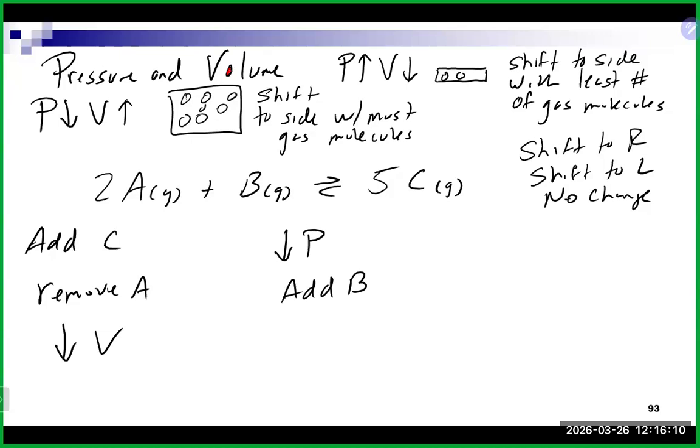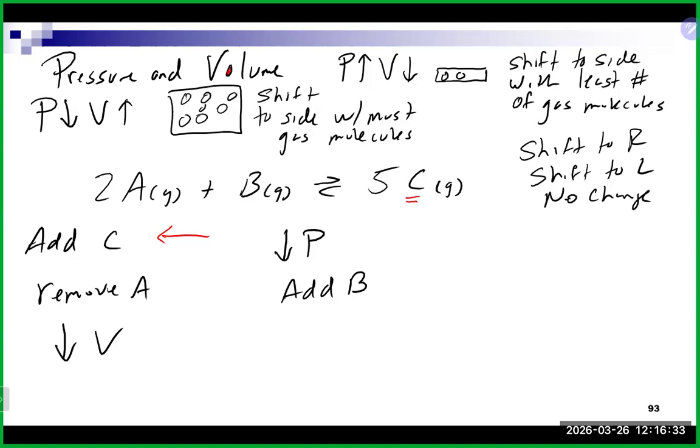Okay, so we're going to add more C. So we got C over here. When we add, it goes away. So we add it to the right-hand side, it should shift away from it, and should go to the left-hand side. The reason it's really doing that is we now have more products than reactants. So that's going to kick off the reverse reaction, right? To have it go in that direction and head